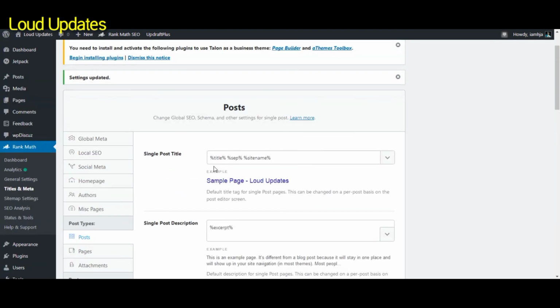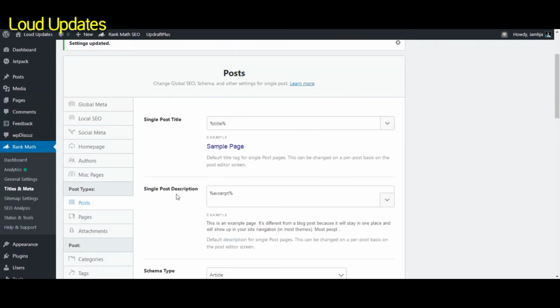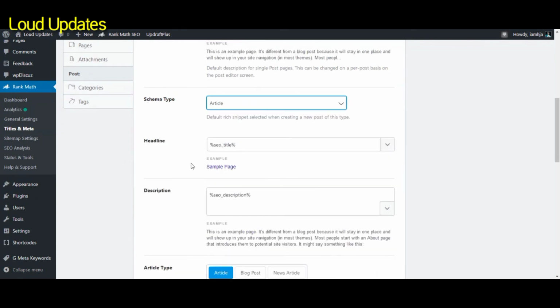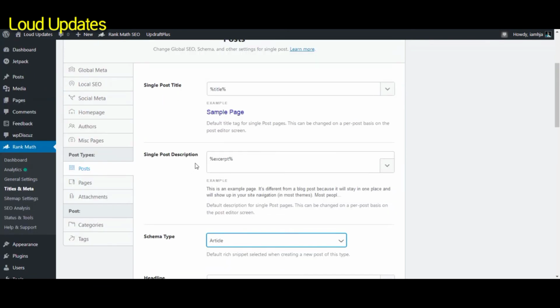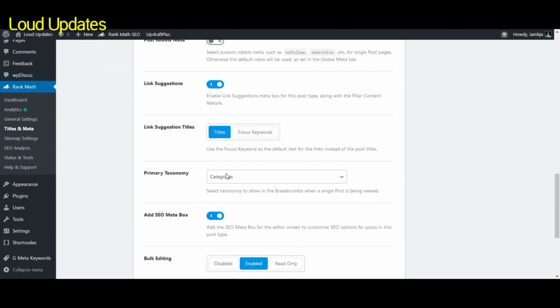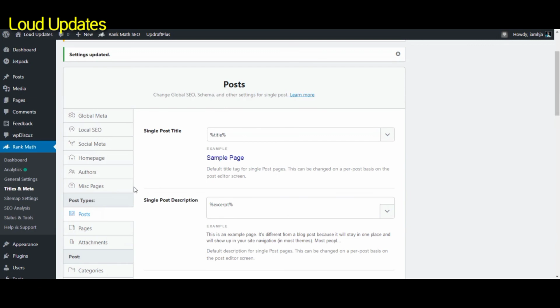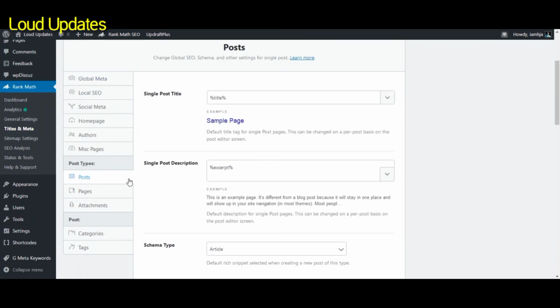The next setting is post pages. I am also removing it from here. I just want the post name. I don't want to add the website name in my post. So my single post title is just the simple post title, for example some article title. I don't want anything else. The description is added automatically. Don't do anything if you don't understand, because the default setting is perfect. But if you understand and want to customize, then customize it. If you don't understand, then don't click any button.